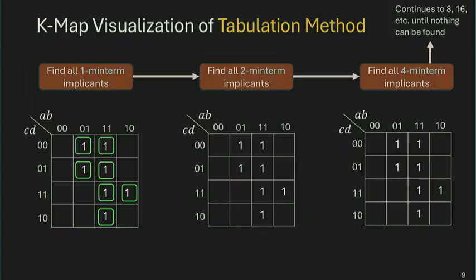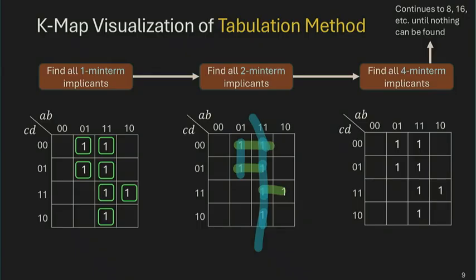So we have this. This is one implicant. This is another one. And this is another 2-minterm implicant, the wraparound 2-minterm. I think those are pretty much all the 2-minterm implicants. You have a few going in the horizontal direction, a few going in the vertical direction. And then with these 2-minterm implicants, we can combine some of them into